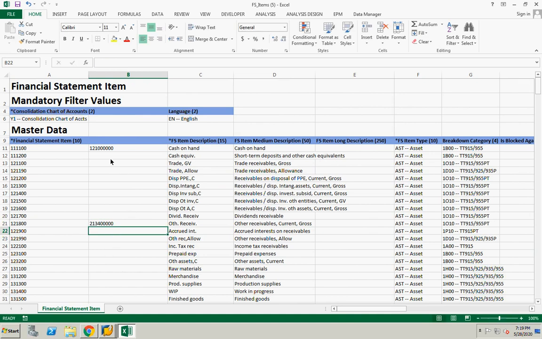For example, there will be a situation where I have here only one cash on hand and one other receivables account.